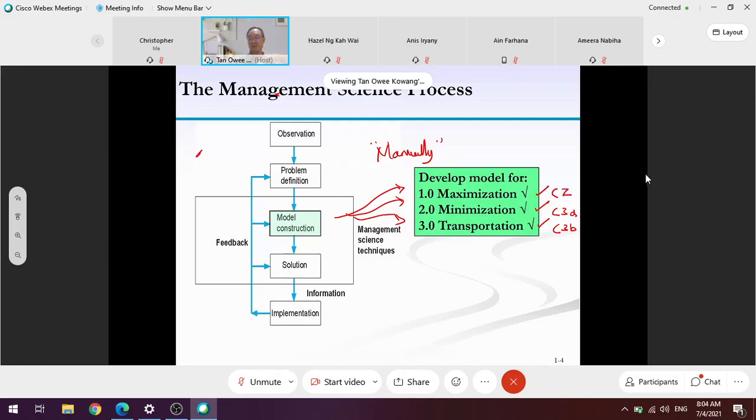By saying so, it means what you learn in chapters 2 and 3 is very practical. Outside, I refer to industry. If today they really want to resolve their management problem using the management science approach, they still need to develop the linear programming manually. As I mentioned earlier, there's no software.